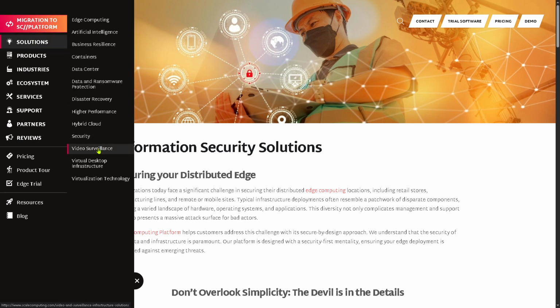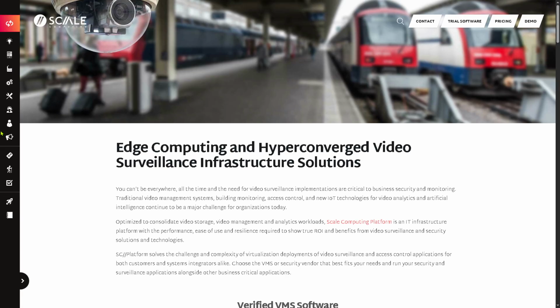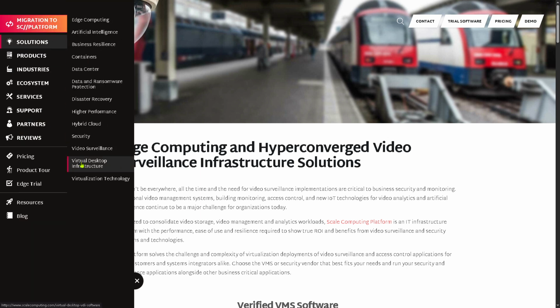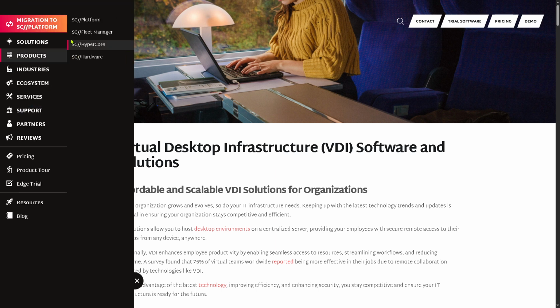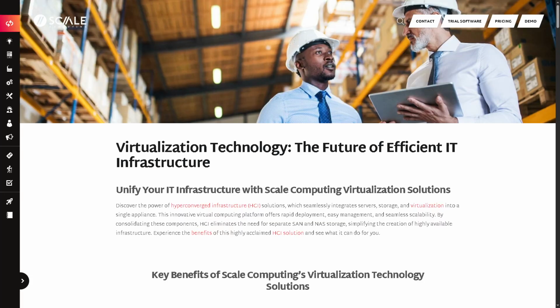And then there is the video surveillance. Right, so I like this a lot because for one, it monitors a system using cameras and storage for security purposes. And then the virtual desktop infrastructure, or VDI, enables VDI deployments with simplified management, high performance and lower cost compared to traditional VDI solutions. Last is going to be the virtualization technology. All right, this is going to be the core of Scale Computing's HC3 platform, integrating hypervisor, storage, and management into